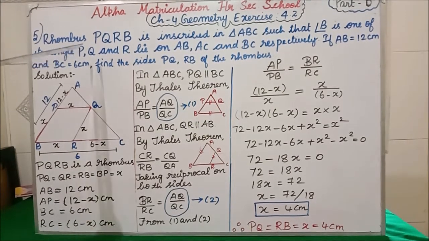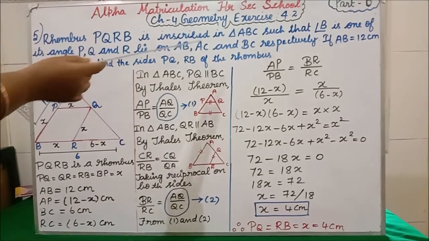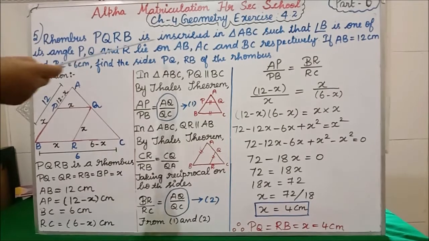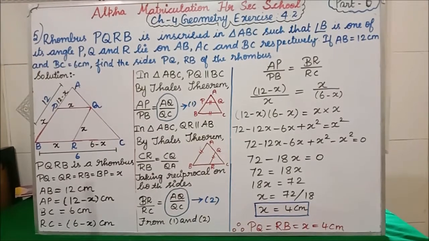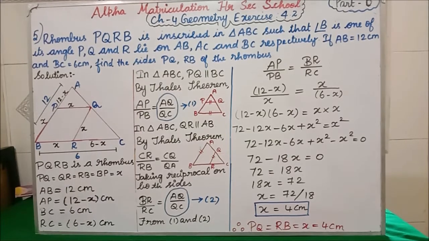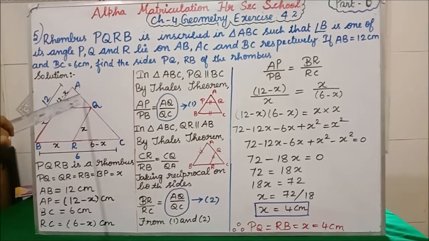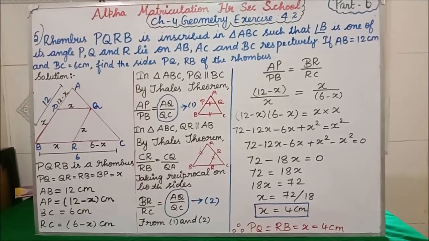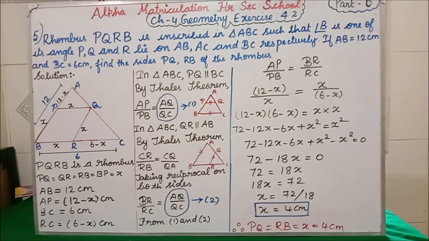And they are saying P lies on what? AB they have given. On side AB the point P lies. Similarly next we are having Q. On side AC we are having the point Q. Similarly, on side AB we are having one point P and on side AC we are having another point Q, and last is what? On side BC we are having another point R. Clear?